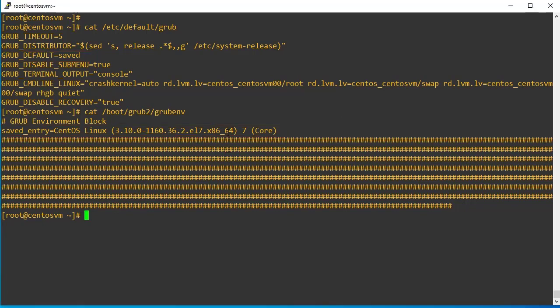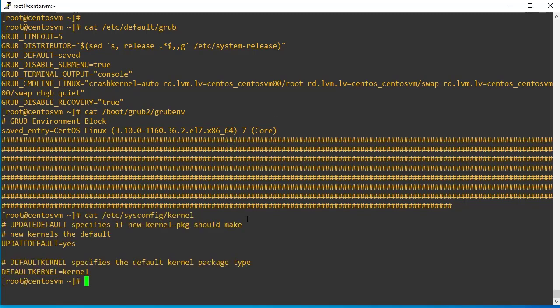There is one more important file. That file location is /etc/sysconfig/kernel. In this file, there is an entry called UPDATEDEFAULT=yes, which means whenever the system gets installed with a latest kernel, by default it boots the system with the latest kernel. So this is indicating the same: if the system gets installed with a latest kernel, you can consider that as the default bootloader kernel. These are the important three configuration files we must know before starting the technical session.